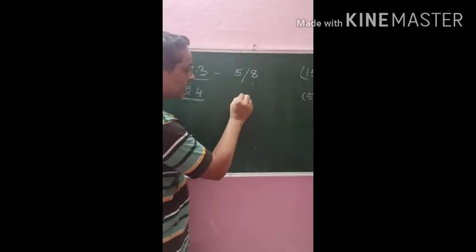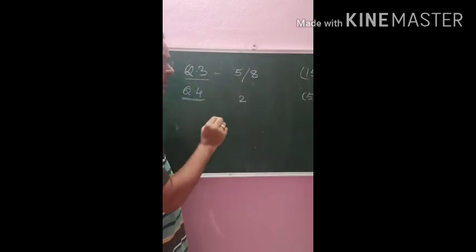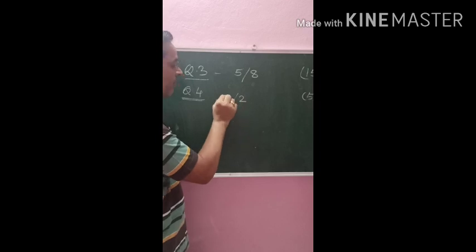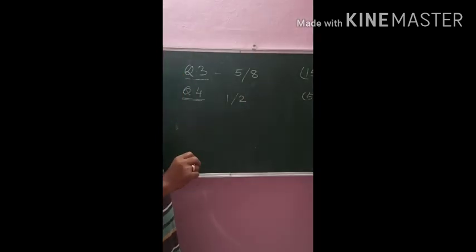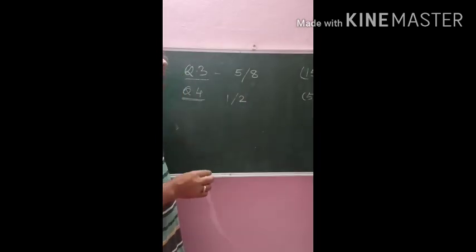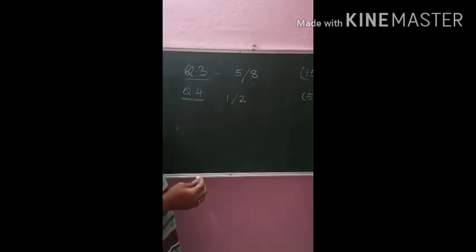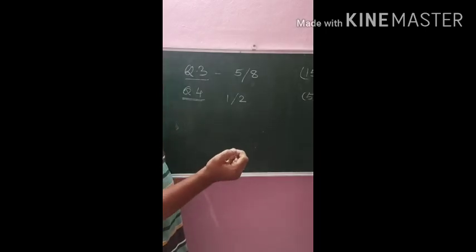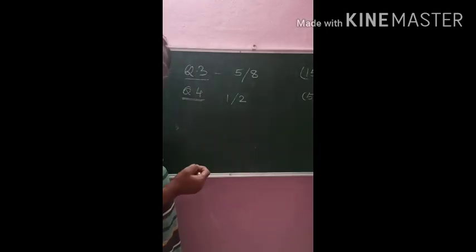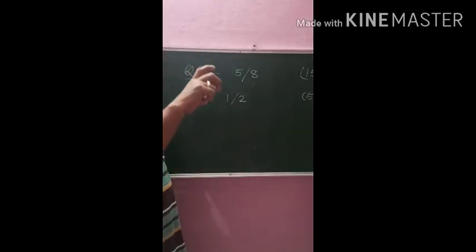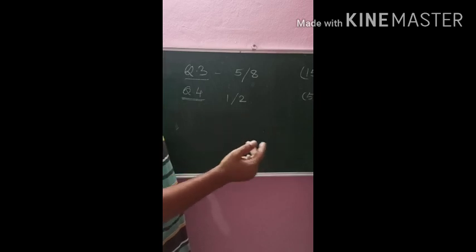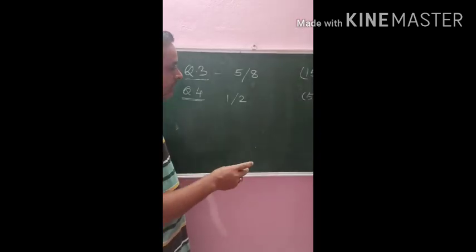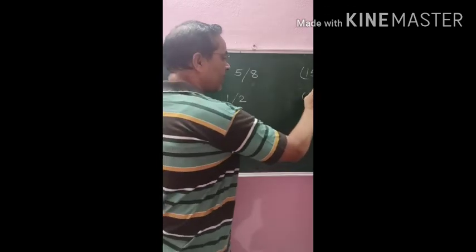Then question number 4 is for 5 marks. Two questions can be asked, and out of these 2 we have to solve 1 question for 5 marks. It is a long answer question, but not a descriptive question. 5 small questions of 1 mark each can be asked, or a paragraph can be given and the questions can be asked from that paragraph. So in this way question number 4 is for 5 marks.